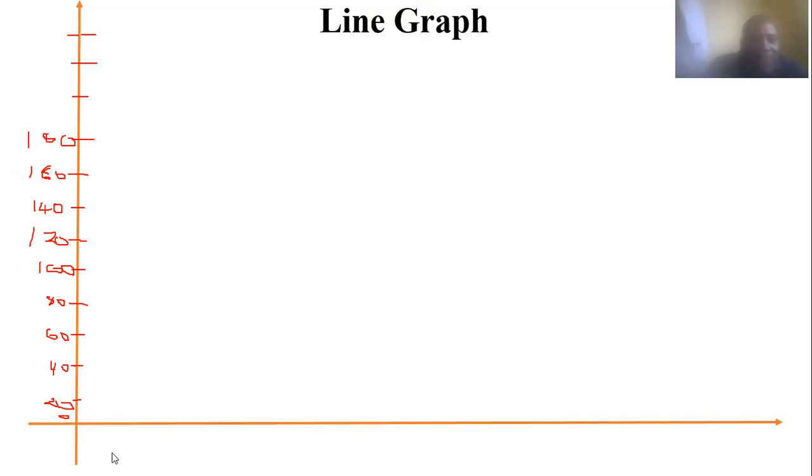So that you have the years also with the same intervals, because this one is a line graph. You have the years with equal intervals, or the attributes on this axis should be on equal intervals. So we have